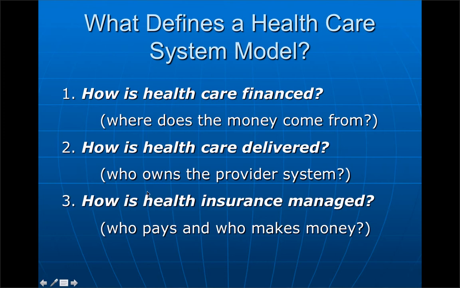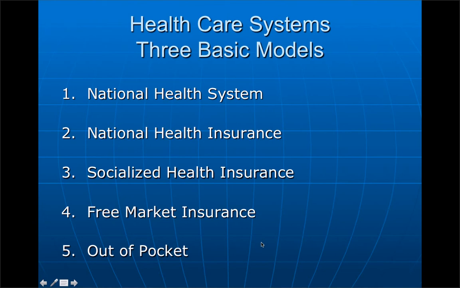So let's talk a little bit about what defines a healthcare model. There are three main attributes. How is healthcare financed? That is, where's the money come from? How is healthcare delivered? That is, who owns the provider system? Who owns the hospitals and the physician networks and all the other services we just saw? And how is healthcare insurance managed, which really means who pays and where's the money flow and who makes money in the system. There are three basic models,